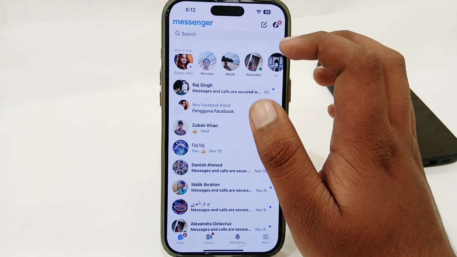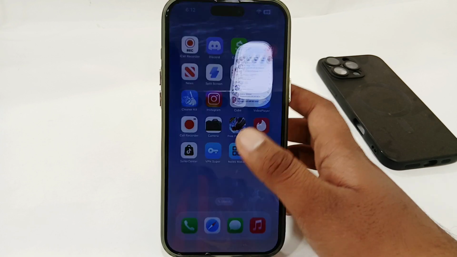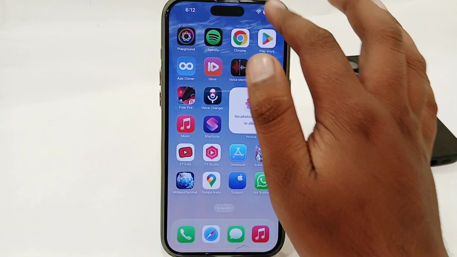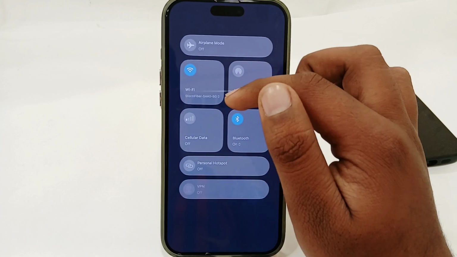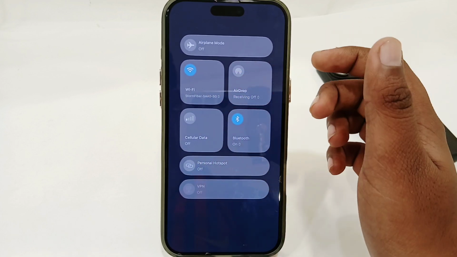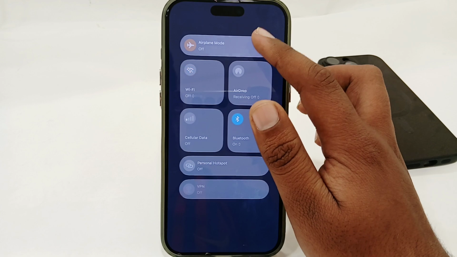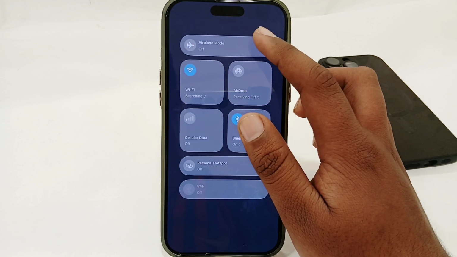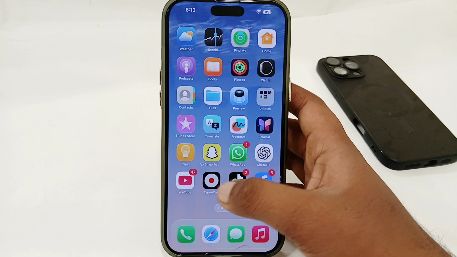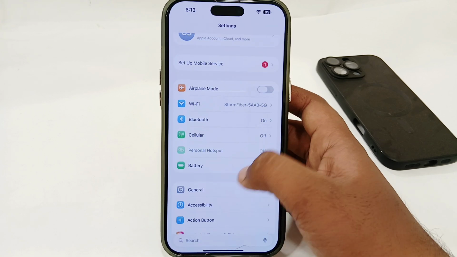And after doing that, if you're still facing the same issue that your message cannot be sent, you have to check your network, that there is no network issue. You are connected to a stable or strong network connection. You can also try to enable or disable your airplane mode up to 4 or 5 times. It will refresh your network settings. And go for the settings app here, go for general here,